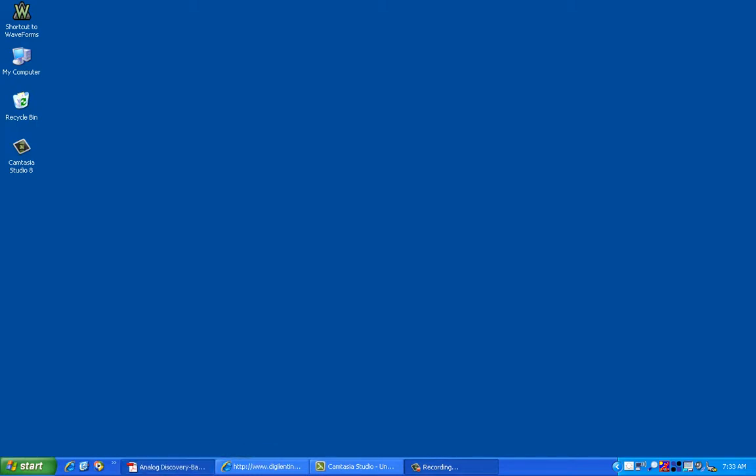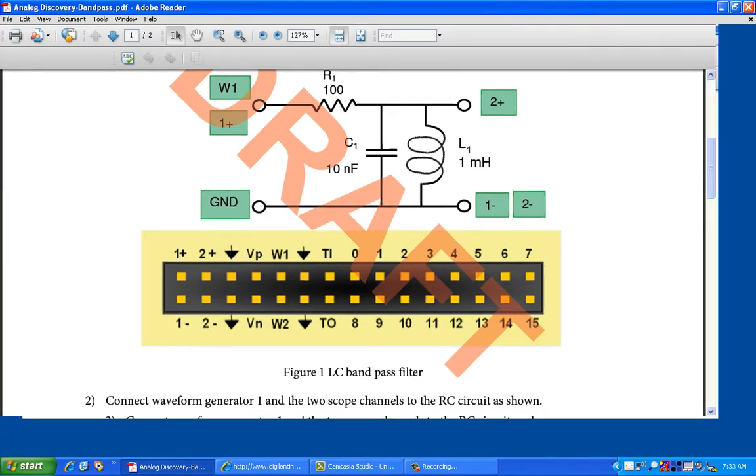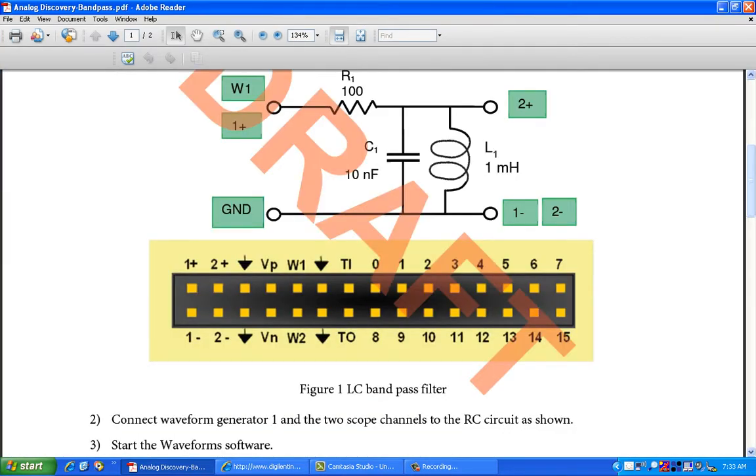Just to explain the structure of the circuit, you can refer to the circuit diagram. As you can see over here, it is a simple LC bandpass filter which comprises a resistor of 100 ohms, a capacitance of 10 nanofarad and an inductance of 1 millihenry.